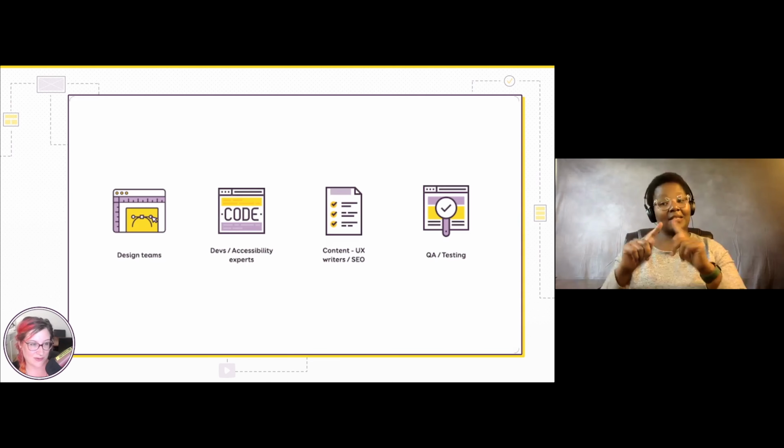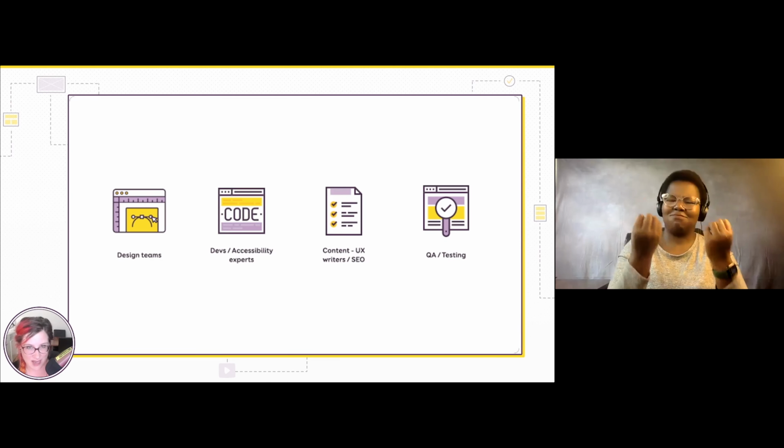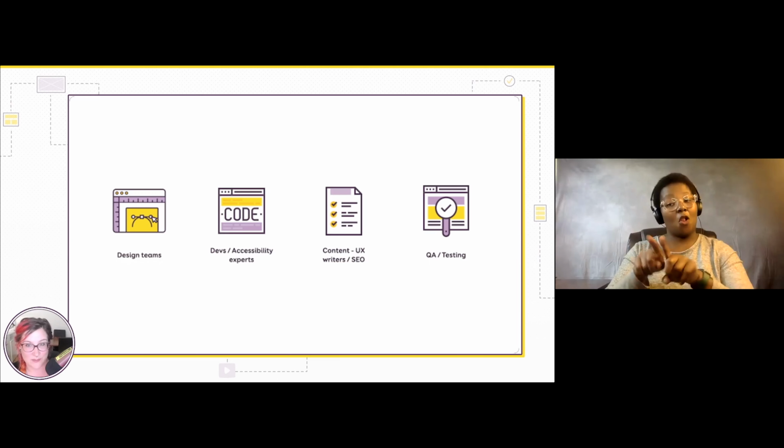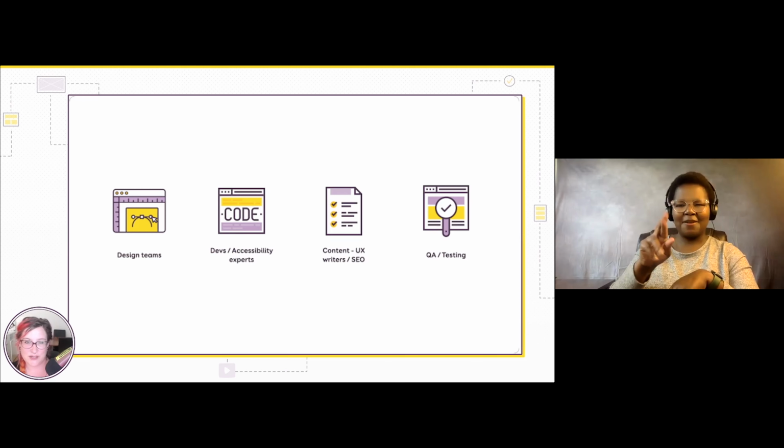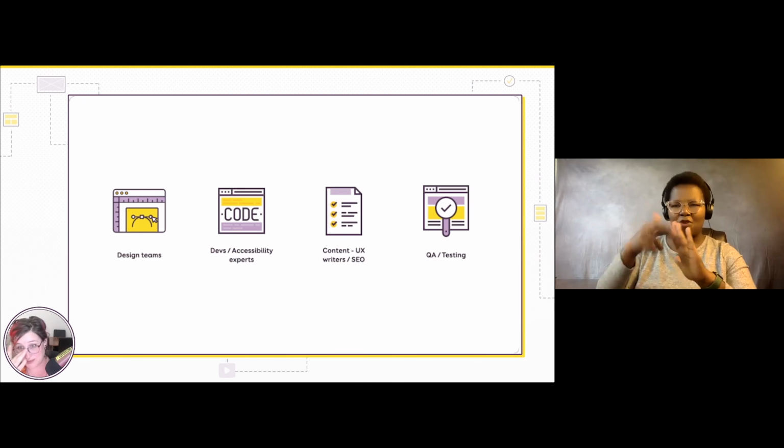Designers, they can document a lot of things. They can document how it works, how it looks like, how to navigate, and everything I just talked to you about. Developers, accessibility experts, they can document the correct markup. They can document ARIA role. They can document landmarks. They can go deeper into the documentation of the code or how it's supposed to be implemented.